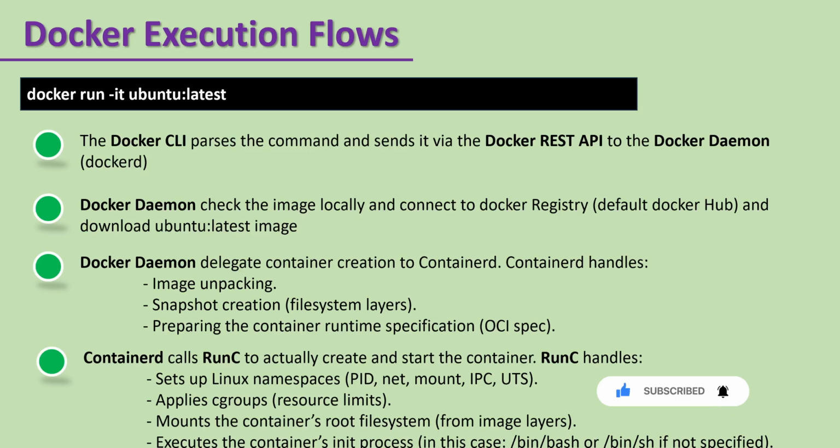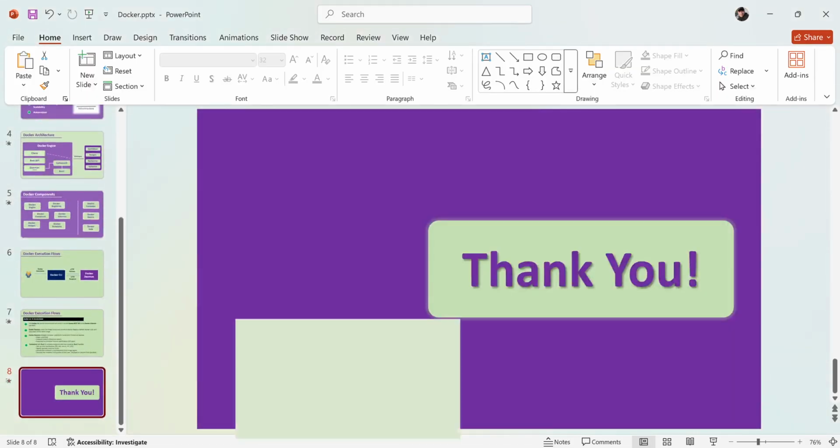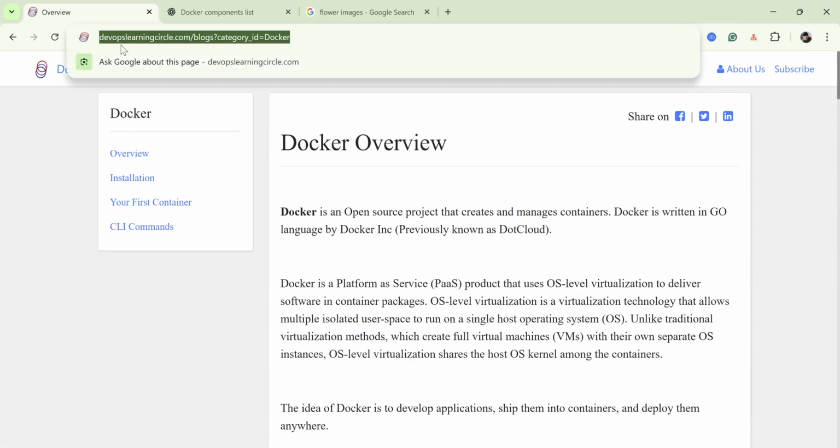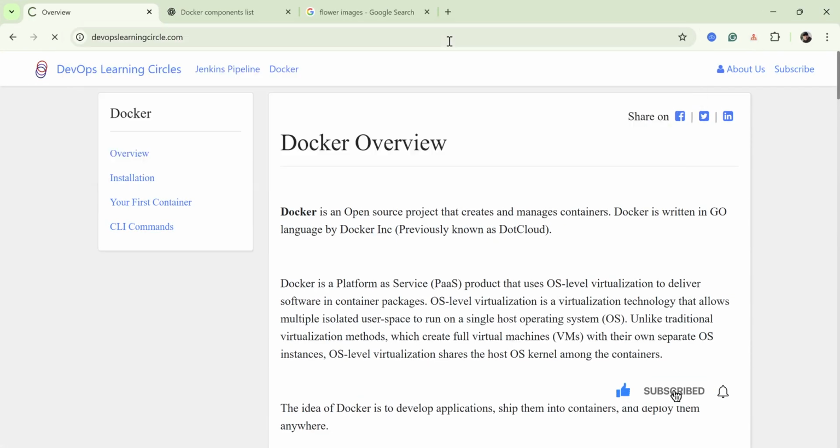So in this slide we have understood the introduction of Docker, where we discussed all the components. And if you want to know more, then you can visit my website, DevOps Learning Circle.